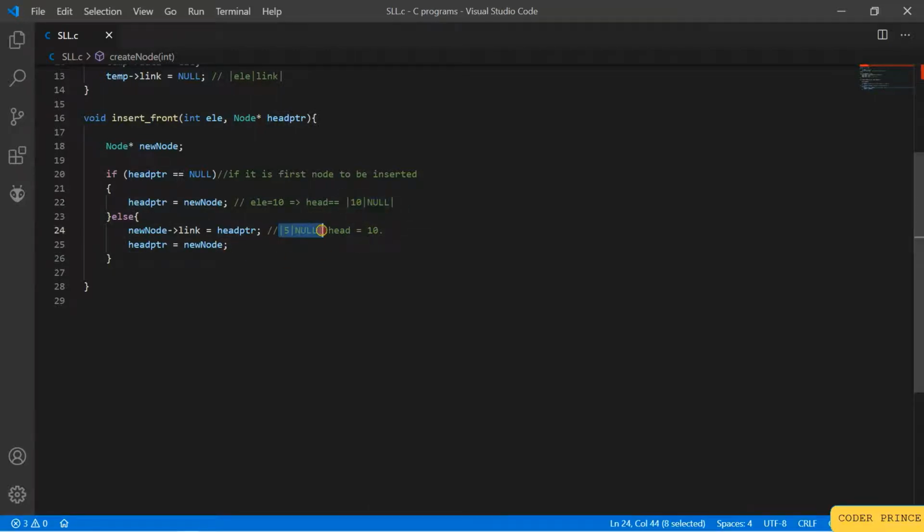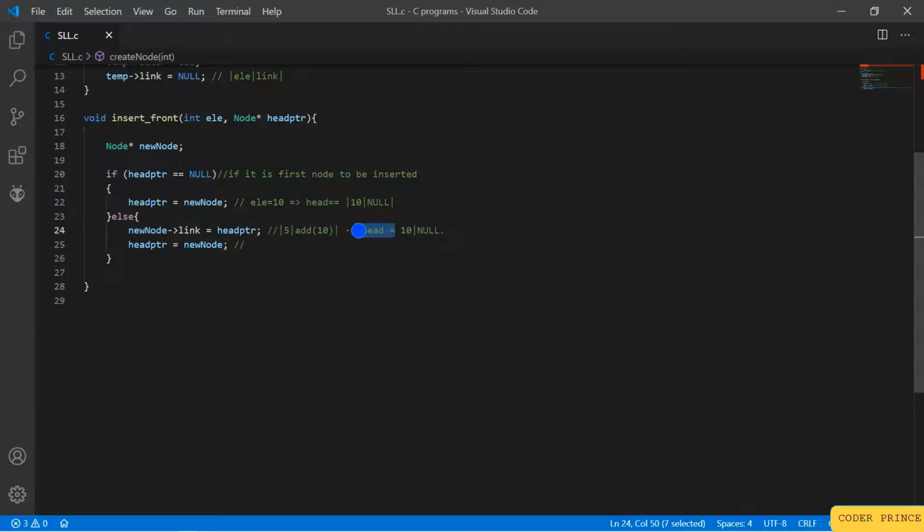When you insert this node, what should happen? This 5 should establish a link to the head, which is 10, and null, right? So now this is not null, this holds the address of node 10, or you can say the node with data 10.